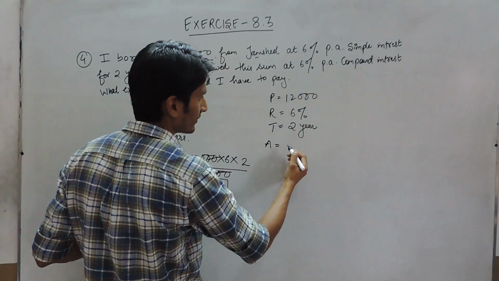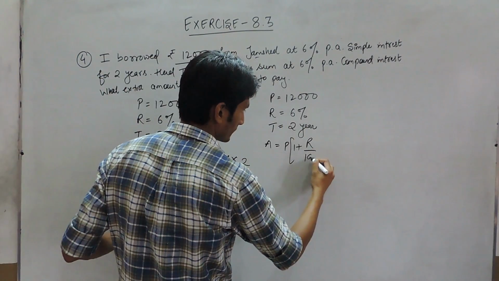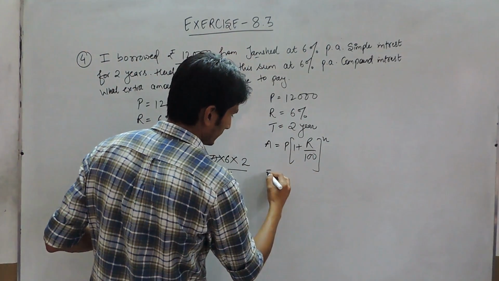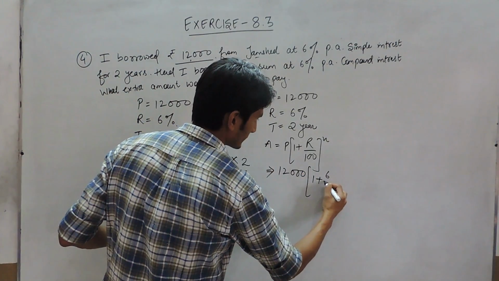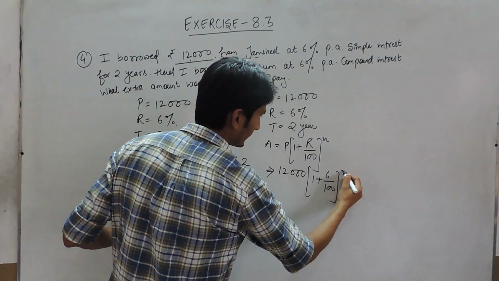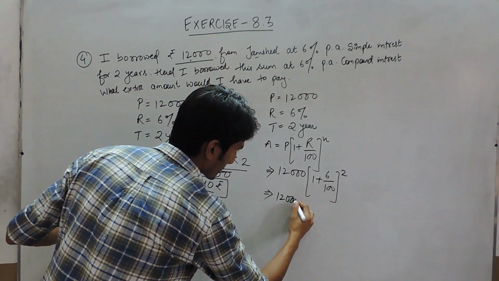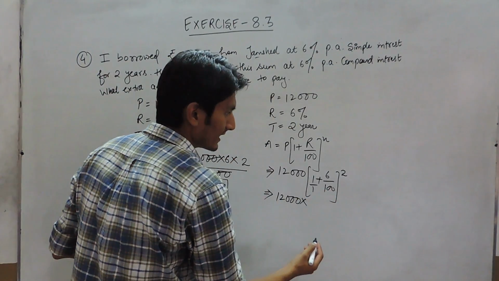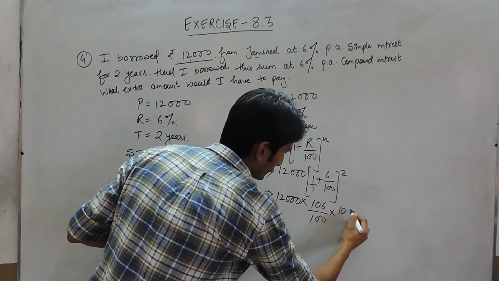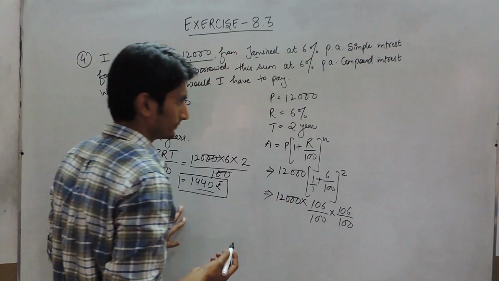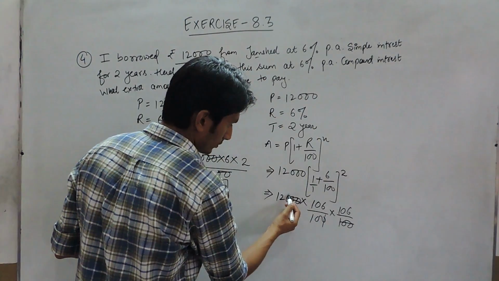is compound interest, first we have to find the amount. So principal here is 12000, 1 plus rate here is 6 upon 100, and time is 2. If you solve this, taking 100 as LCM, this will become 106 upon 100, and again this will be 106 upon 100. So cancelling this out, 2 times 10, 10.